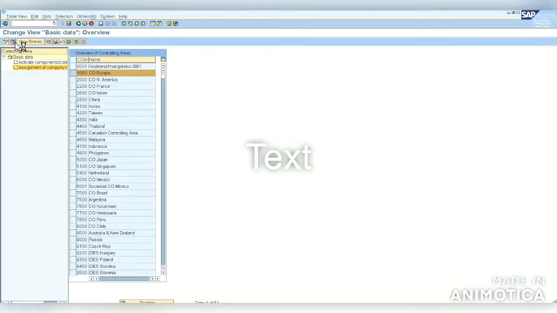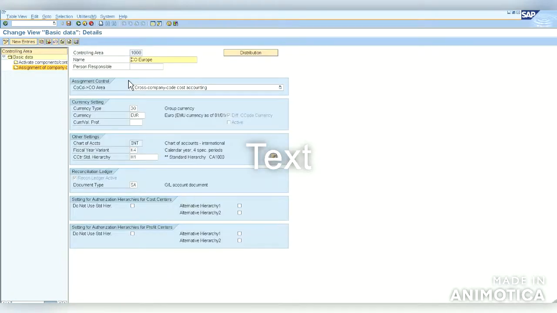Maybe the screen looks different. Assignment of company codes: new general ledger accounting is active. See long text. Here they are using cross company code cost accounting. So here everything is active.